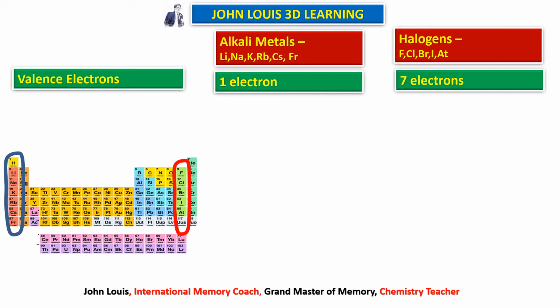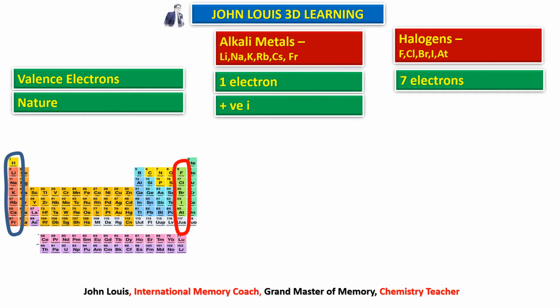Okay, next property is nature. So what is the nature? It is a positive ion, because alkali metals are ready to give 1 electron. Therefore, they are positive in nature. So after giving 1 electron, that becomes plus 1 charge, because the charge of electron is negative, no? Therefore, after giving out that electron, it becomes positive. Okay. Similarly, what is the nature of halogens? They are all negative ions, because they are ready to accept 1 electron to become stable. Since they are ready to accept 1 electron, its charge will be minus 1.